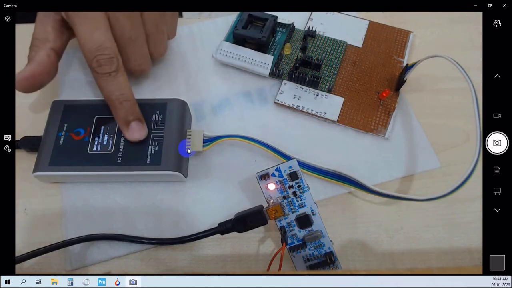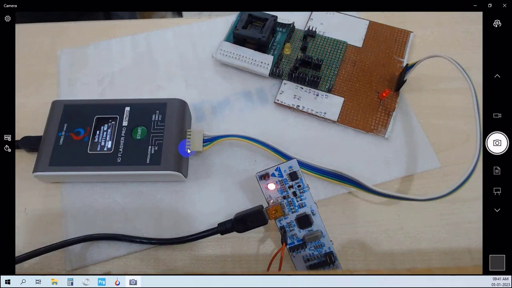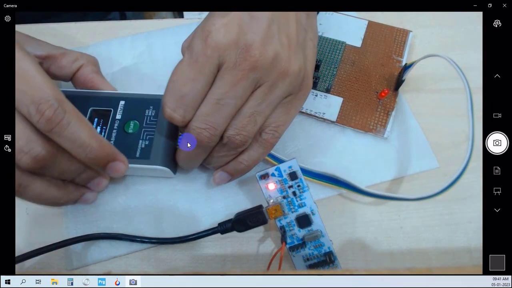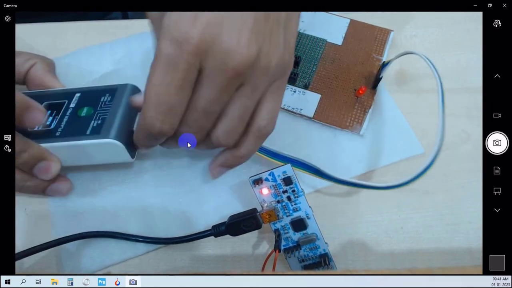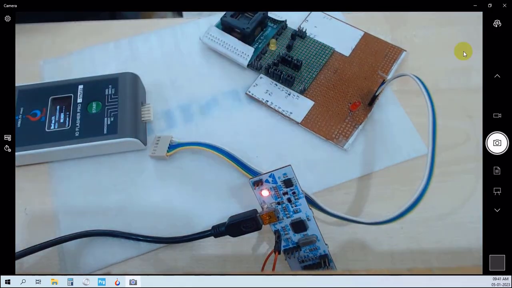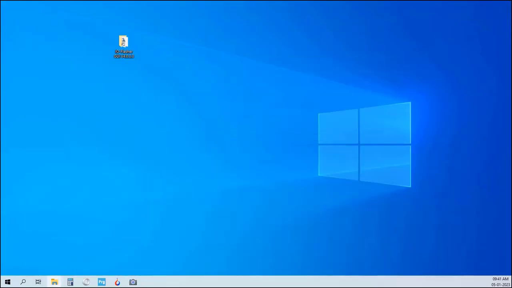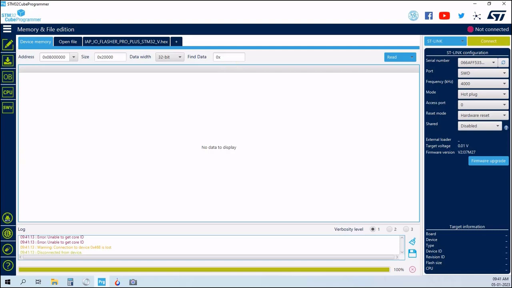Okay, again. To show you the counter value in the flash memory, that's why I'm doing it. So I'm removing it, opening the Q programmer, and then